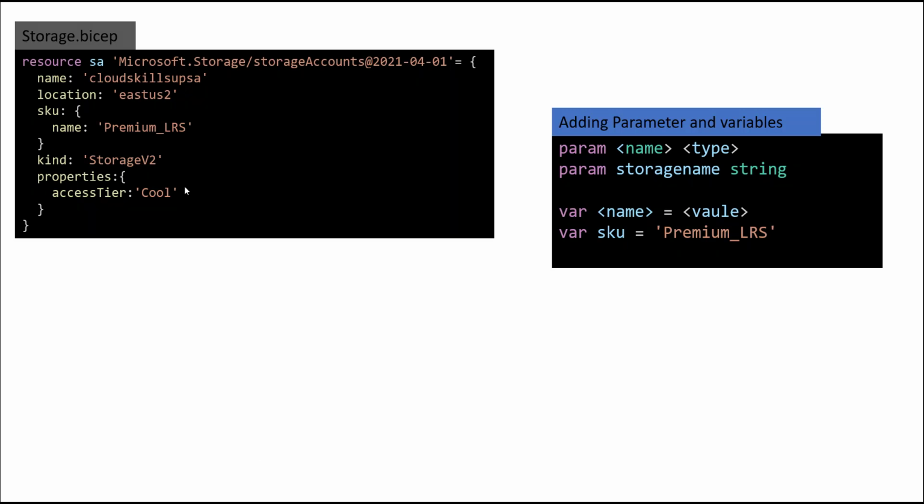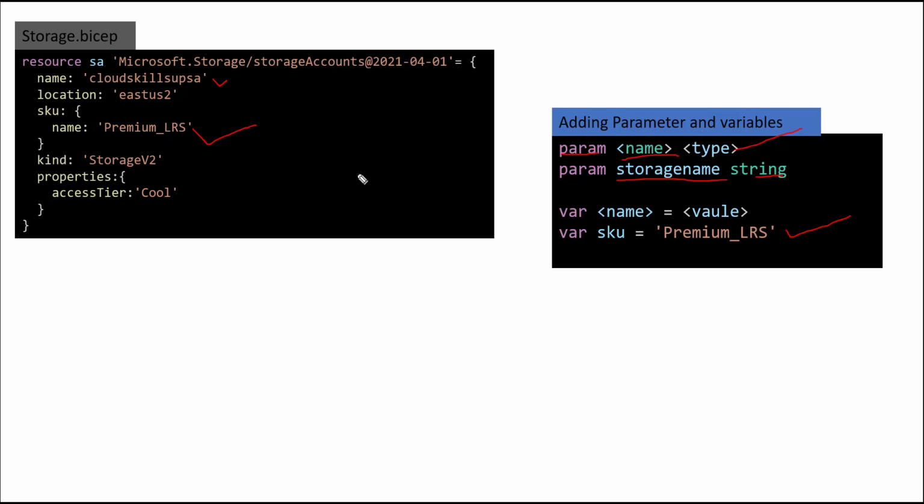Now I need to remove this name, and I want this name to be used as a parameter for my file. So I will remove this from here, and I will pass the name of the parameter and the type of the parameter, like is it a string or what. In our case we can utilize the storage name. So we can add this value here, and respectively where we have to use the SKU, we are going to utilize Premium LRS for our demo purpose.